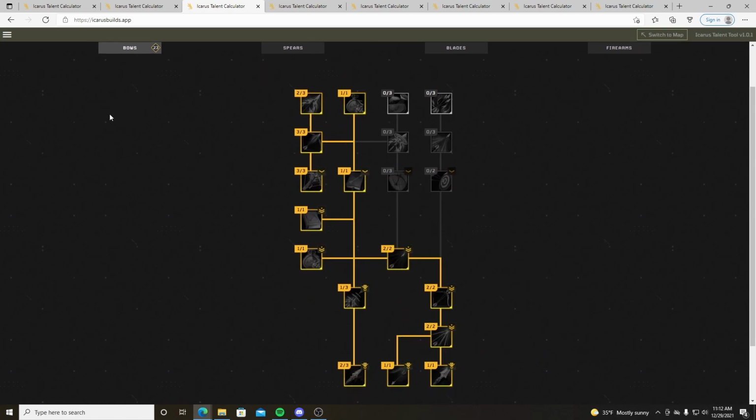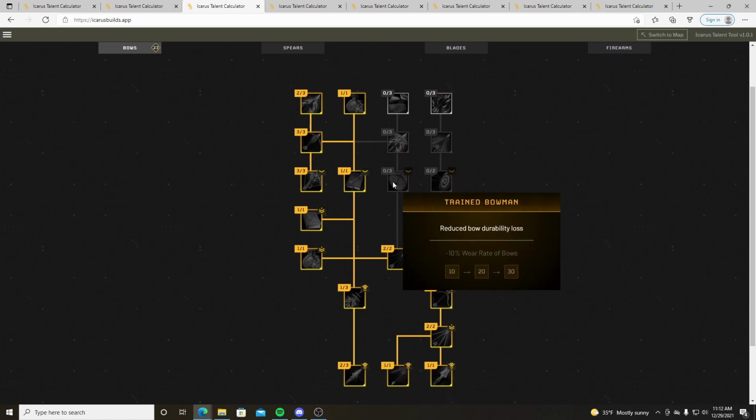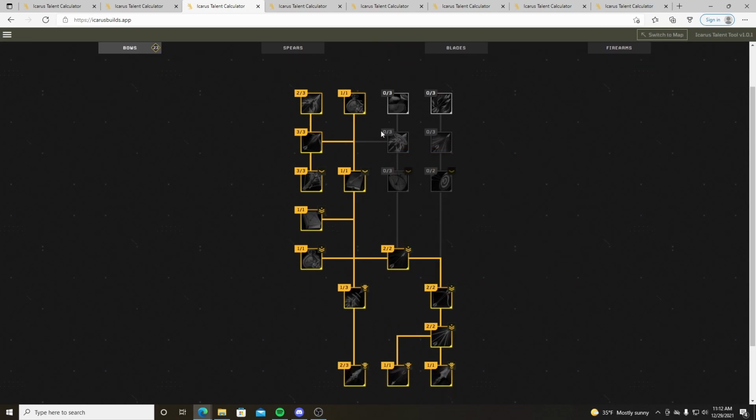I put 23 points in bows because he's a hunter. I mean, if you want him hunting polar bears to get you your armor, you're going to want him to survive, you know? Because if he dies and you have to go out there and hunt the polar bears...